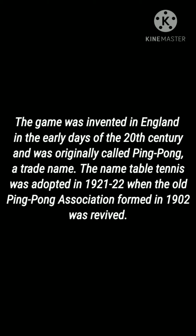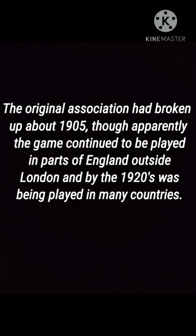History of table tennis. The game was invented in England in the early days of the 20th century and was originally called ping pong, a trade name. The name table tennis was adopted in 1921-22 when the Ping Pong Association, formed in 1902, was revived. The original association had broken up about 1905, though apparently the game continued to be played in parts of England outside London, and by the 1920s was being